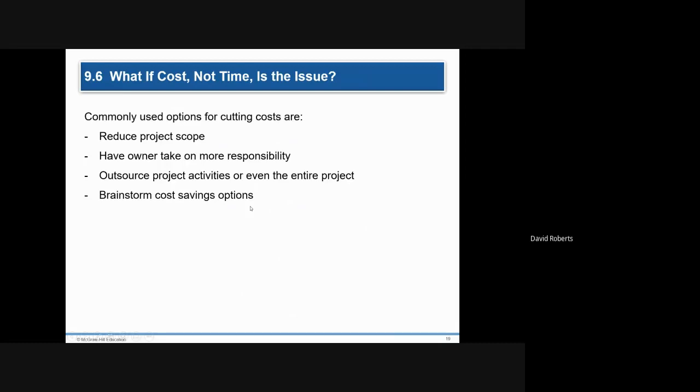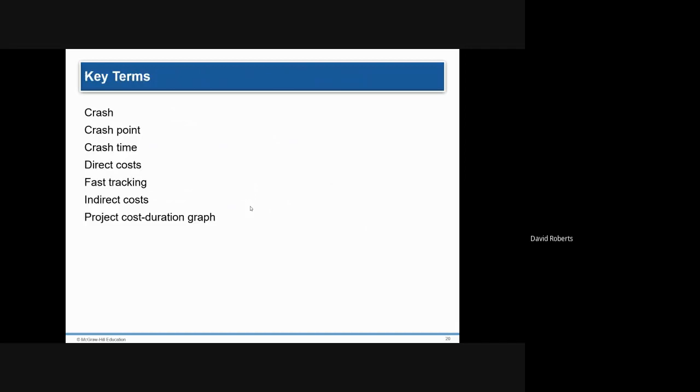So you could reduce the scope. Like maybe you're going to university and you want to double major on something, but it's just going to cost you too much money. So you might just take a single major, things along that line. Or rather than going on a 2-week trip, you go on a 10-day trip or a 7-day trip. So those are the topics from chapter number 9. And I strongly encourage you to watch some of the examples that I will go through from your textbook.